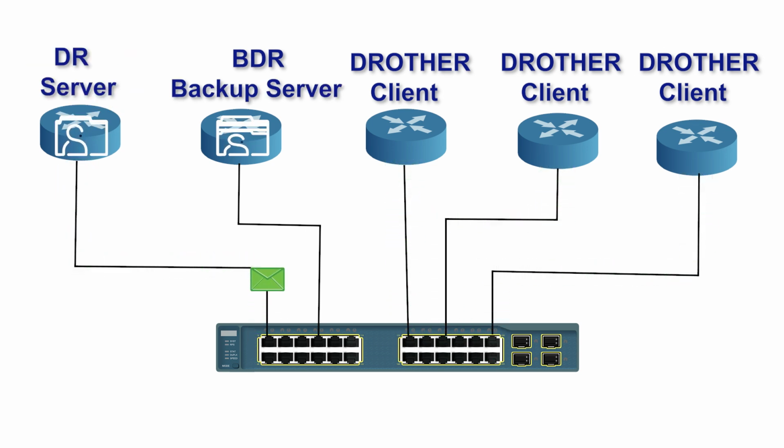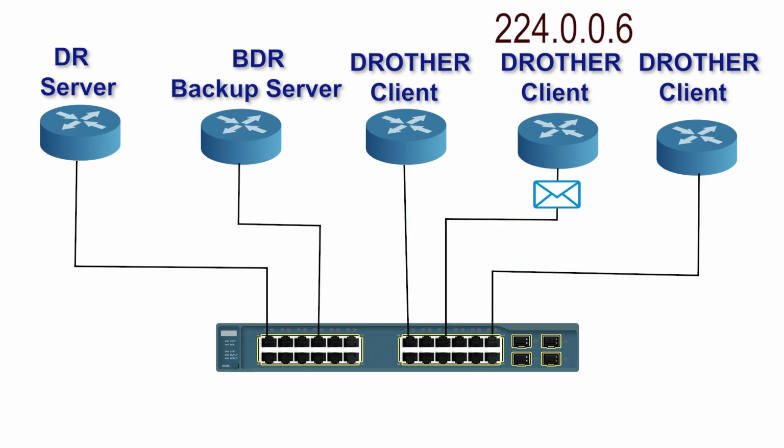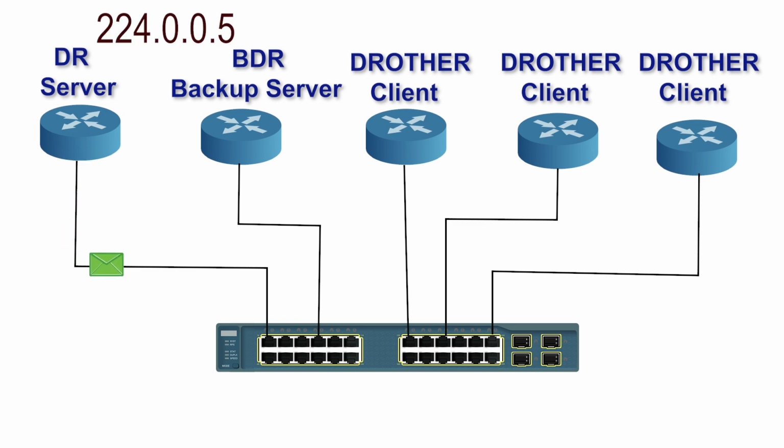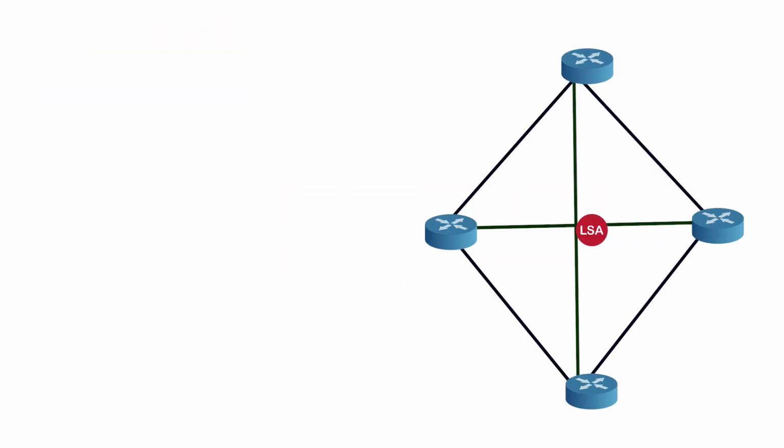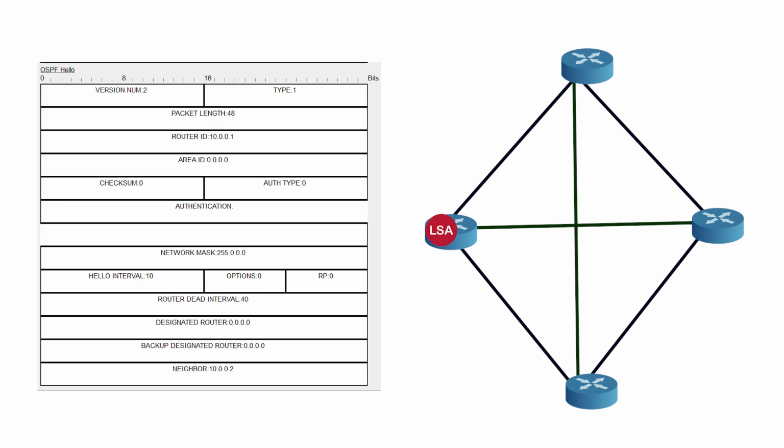Apart from the DR and BDR, all remaining routers are considered clients. They are known as DR others. A DR other router talks to a DR using the multicast address 224.0.0.6. The DR and the BDR talk to all other OSPF routers using the 224.0.0.5 multicast address. An LSA is a data packet that contains routing information in a format that OSPF running routers